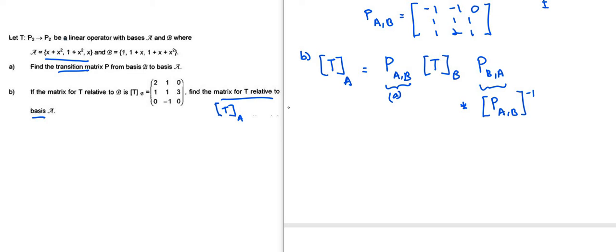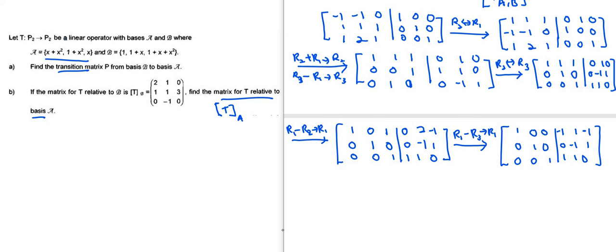I hope that you still remember how to find the inverse. So the inverse of P_AB, this is our matrix, so we combine with identity,